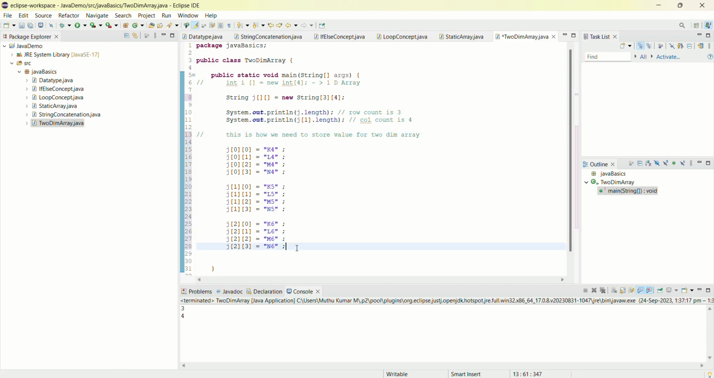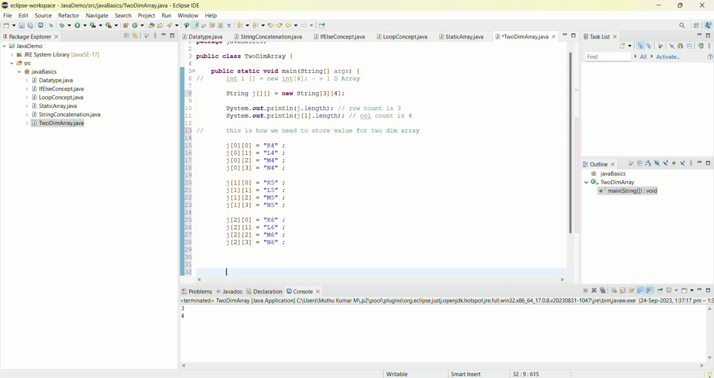If we need to print the same in output, what do we need to do? First we need to create one for loop. Why? This for loop is used to iterate the rows. So int i equal to 0. 0 is the index, so the row index starts from 0, right? So I have mentioned 0. Semicolon, i should be less than